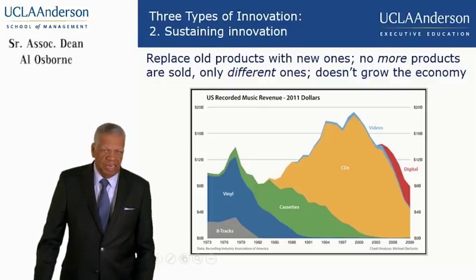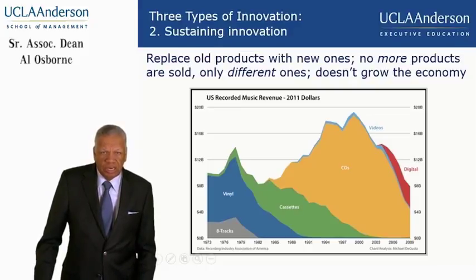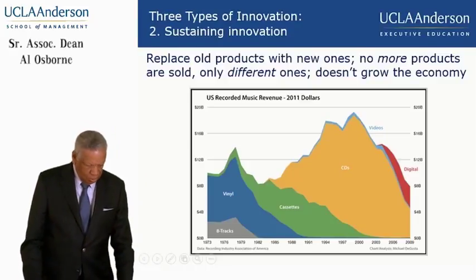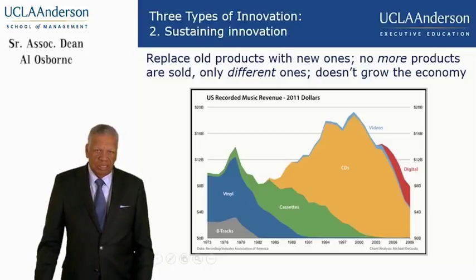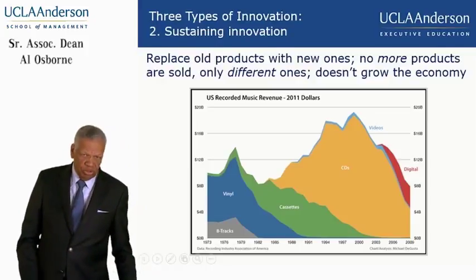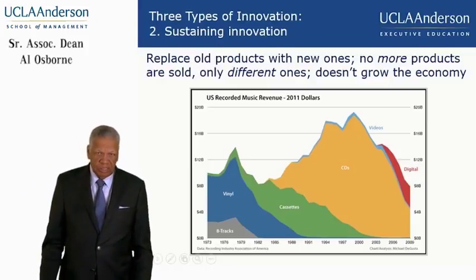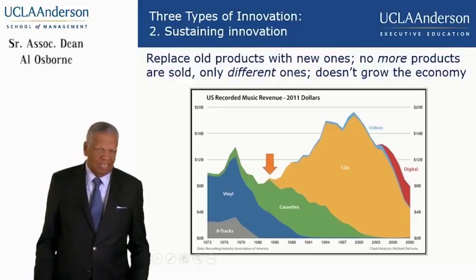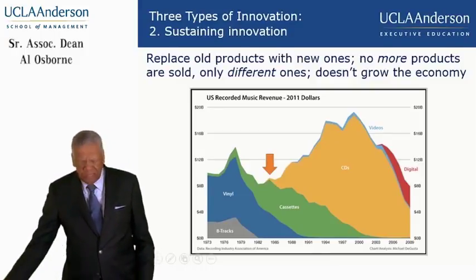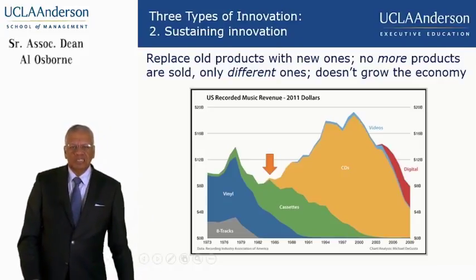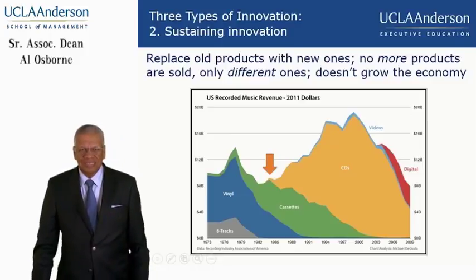Such is the example of the data I have right here, provided by the United States record music revenue chart that you see before you. There was a time in which vinyl records were particularly present, but throughout history you can see how technology changed how people enjoyed music. We move from vinyl records, which at some point are being replaced by cassettes. And you can see here, I think this is 1985 on your graph, where sales of vinyl records and cassettes are about the same.